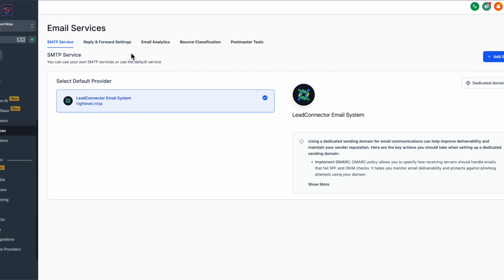Then it can also send messages showing as being from your email address, or it can go through its own dedicated domain